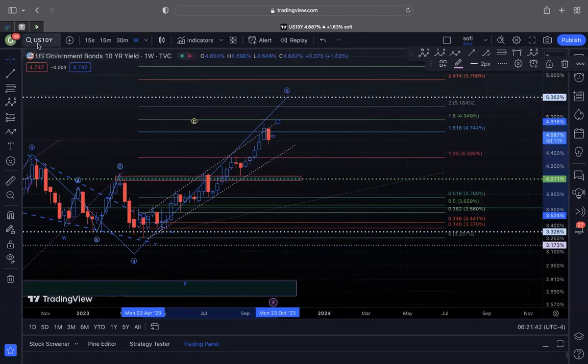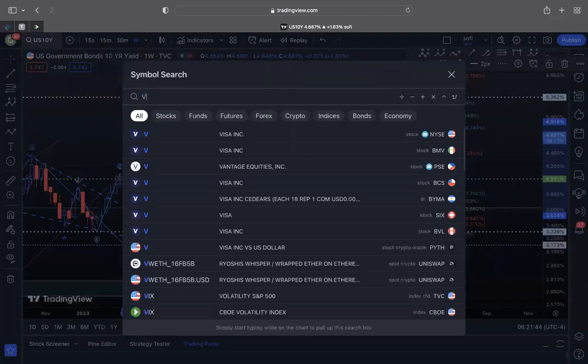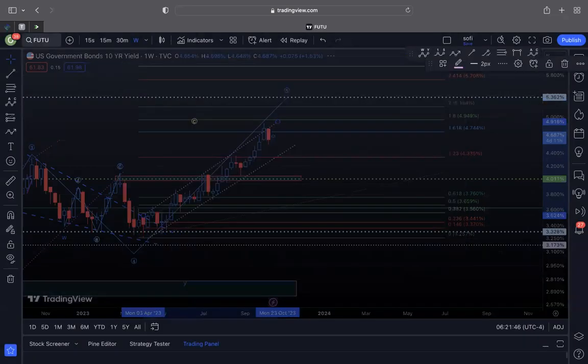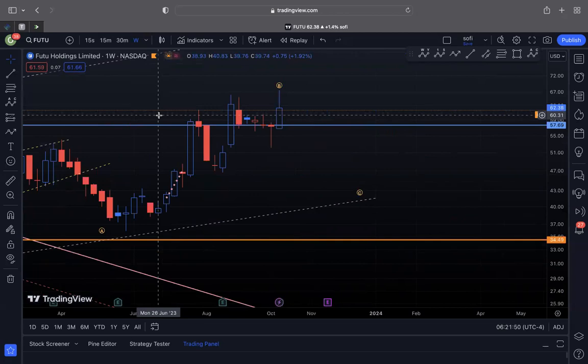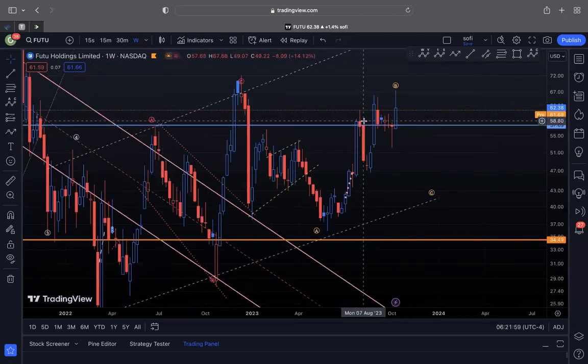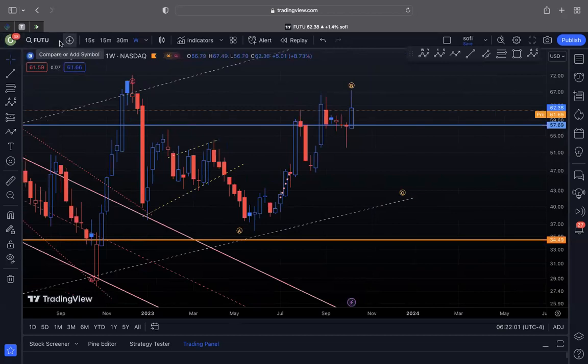With that being said, let's look at this week's watch list. The first one I have is actually FUTU because it hasn't really sold off with the rest of the China stocks. So I think below 62, FUTU could easily retrace previous week's candle and retest 60 and 58. So I think FUTU is done going up for the time being.